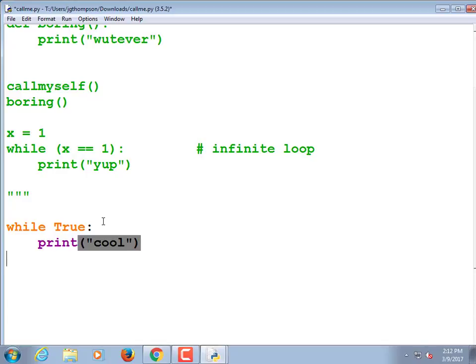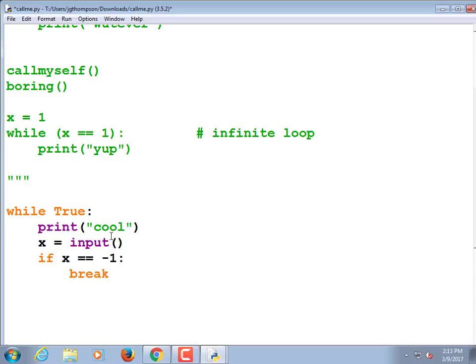But you could do something like ask for input. You know, x is equal to input. And if they type a special value, if x is equal to -1, then break. That means stop the while loop. So let's run that.